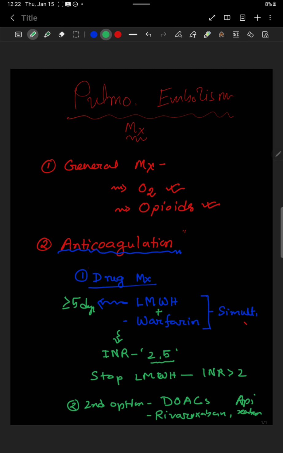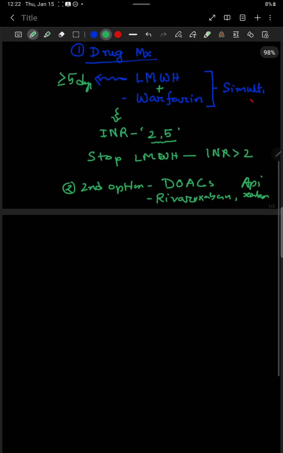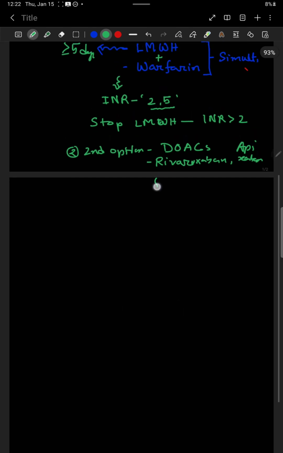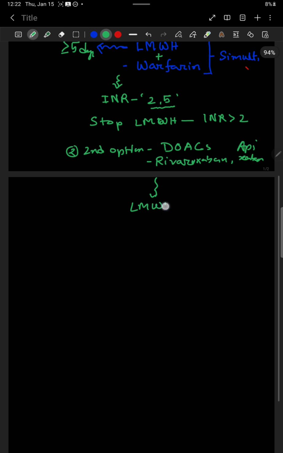There are several medications. So in these drugs, especially the DOACs, you don't need low molecular weight heparin support, except you should keep in mind two other drugs. They are DOACs, but you need low molecular weight heparin support. That is dabigatran